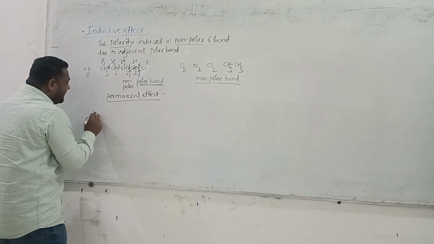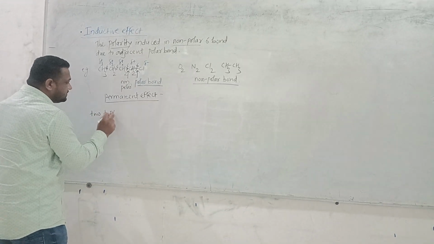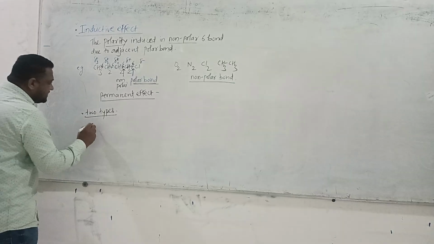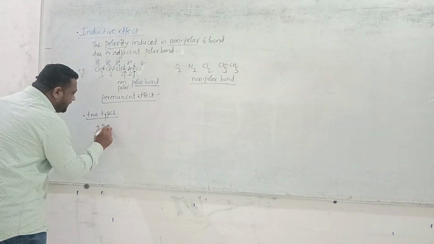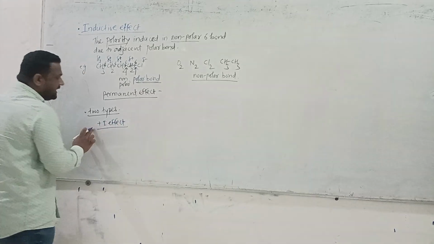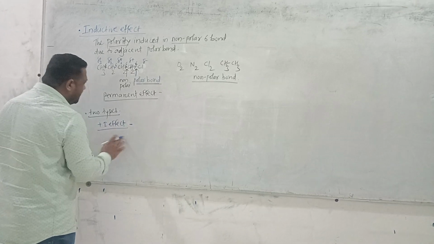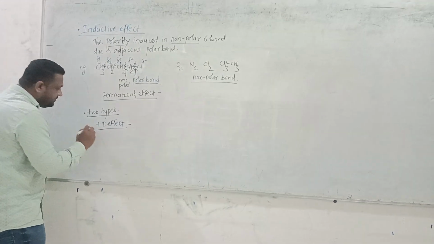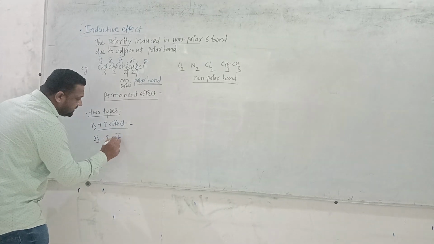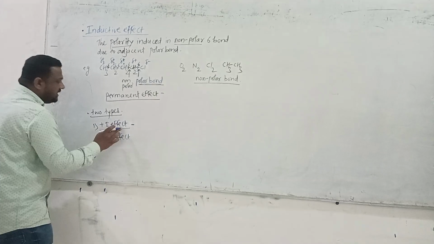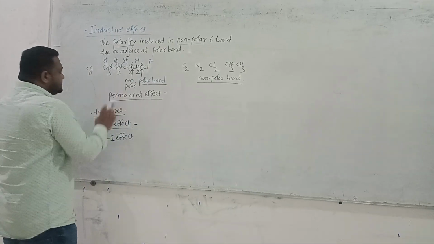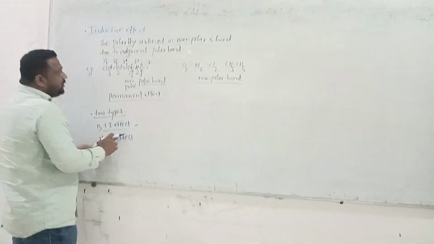The inductive effect is classified into two types. The first one is the positive inductive effect, called the plus I effect. The second type is the negative inductive effect, called the minus I effect. The positive and negative inductive effects arise due to